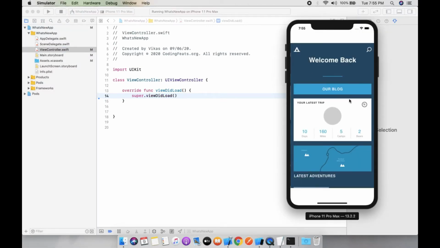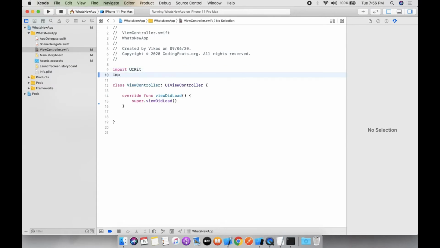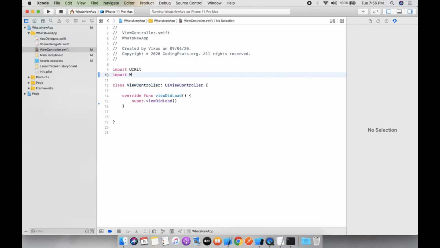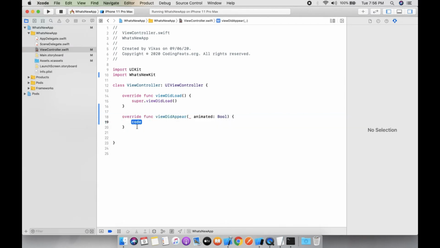So here you can see this is your mobile screen. So you need to pop up the what's new updates. So let's create it. First of all we need to import WhatsNewKit. Now we need to override the method viewDidAppear. Why do we take viewDidAppear?